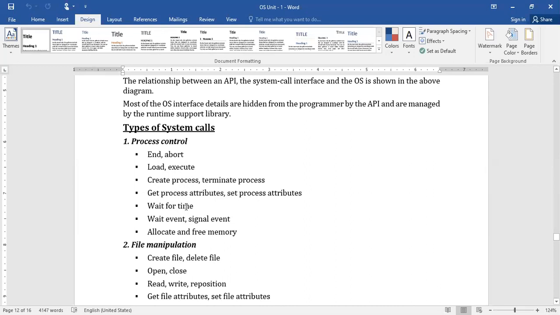We have different attributes. So we'll discuss elaborately in the second unit itself. Until then, you just remember that every process will have a set of attributes. Okay, and specific mechanisms to process it. Okay, so like that, we'll have several operations.